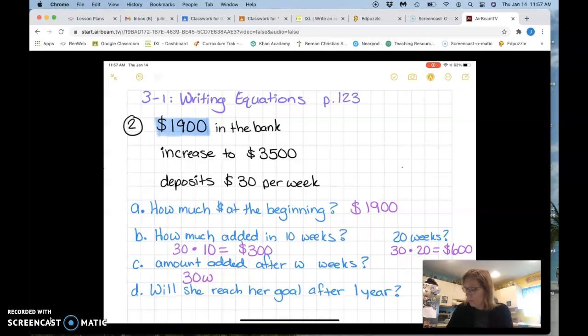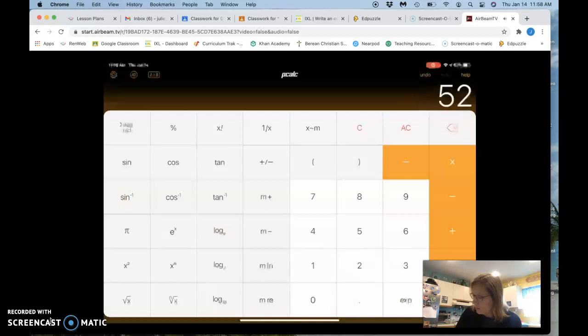And then the last question is, will she reach her goal after 1 year? So we need to see how much money she'll put in 1 year. That means, since this is how much money she's putting in per week, we need to know how many weeks are in a year. So there are 52 weeks in a year times $30 per week. So 52 times 30,